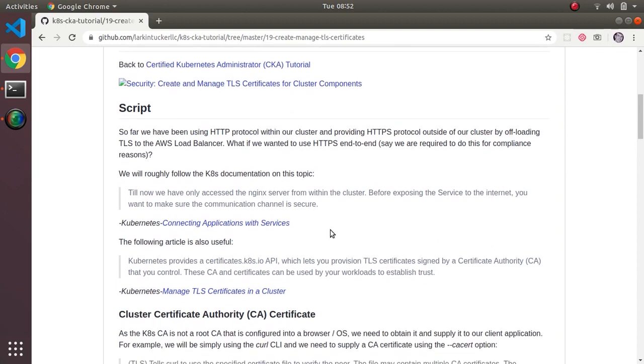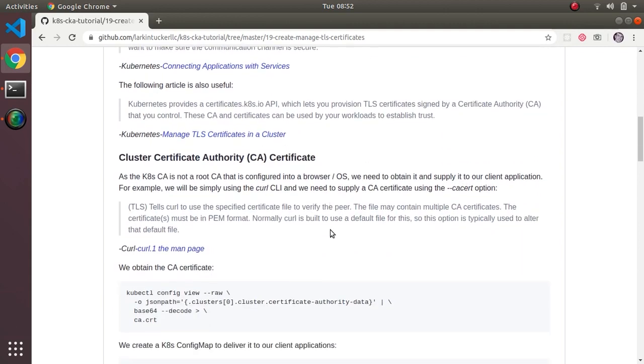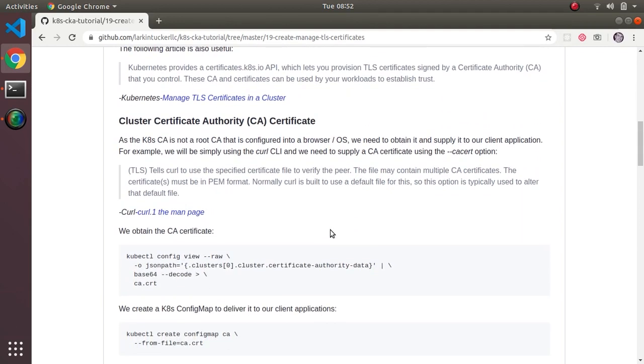So what we're going to do is basically convert our services from HTTP to HTTPS. And it's a fairly lengthy process, so this video will be fairly detailed. So the first thing to remember about all of this is that Kubernetes supplies its own certificate authority, right? Which means you can use Kubernetes to sign these certificates. We saw that when we were doing the